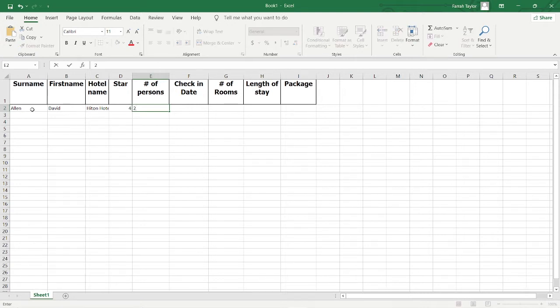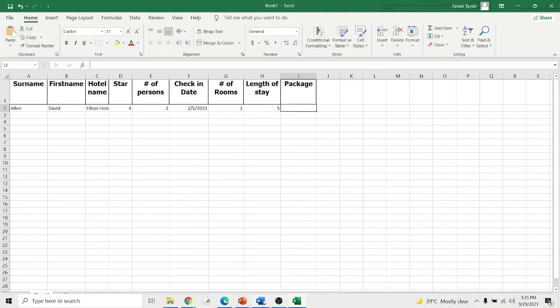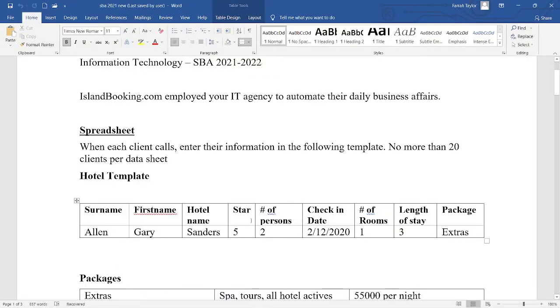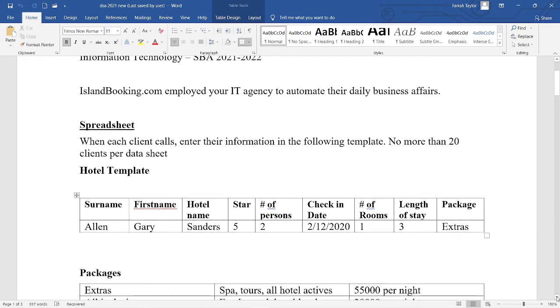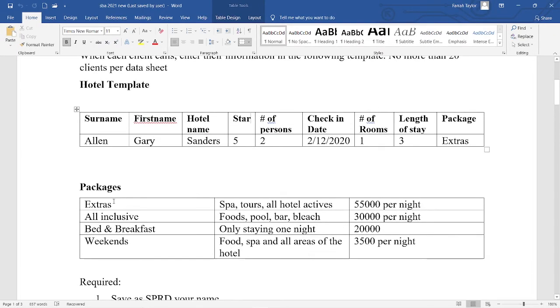The amount of people that are going to be staying, the day that they're going to be checking in, the number of rooms they're going to be using, the length of their stay, and then finally we have package. Now package here is going to be based off of these packages that we have listed below. So if you look at the first one we have here in the hotel template, on the package we have